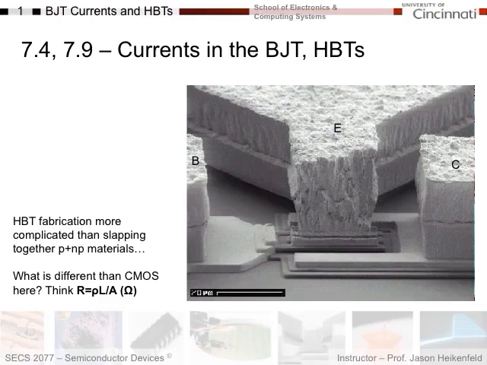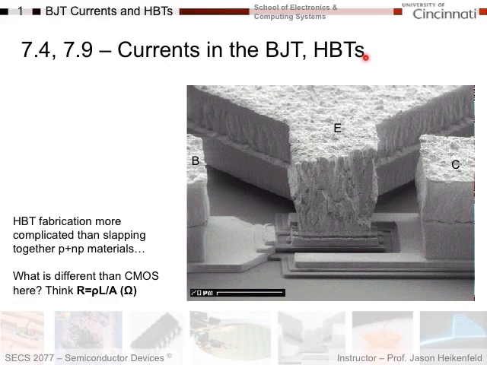Okay, folks, let's get started on determining currents in the BJT. So a BJT is basically a current amplifying device, right? It turns a small base current into a large emitter to collector current. And so we desperately need some equations which will tell us what these currents will be as we optimize our